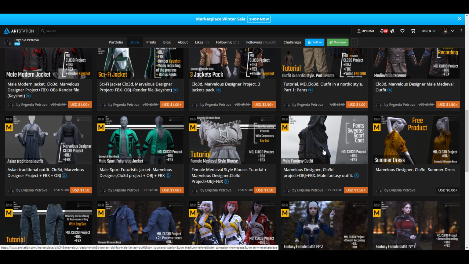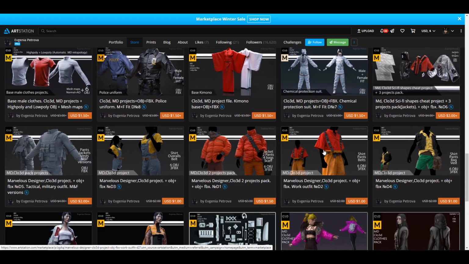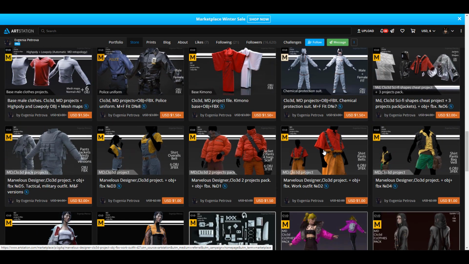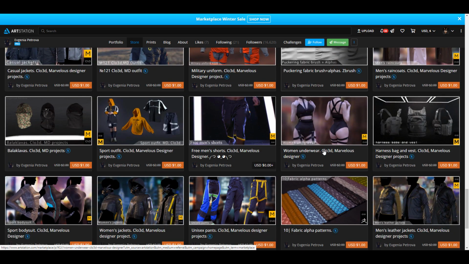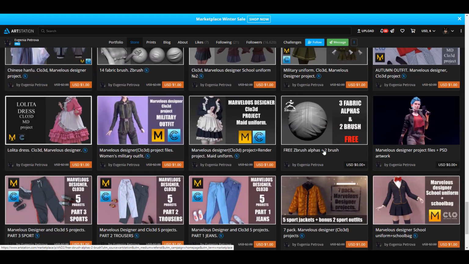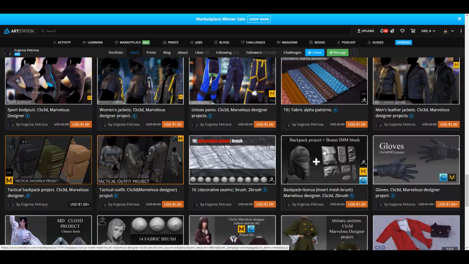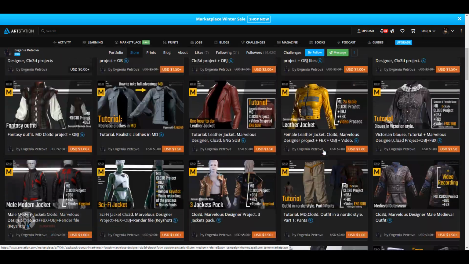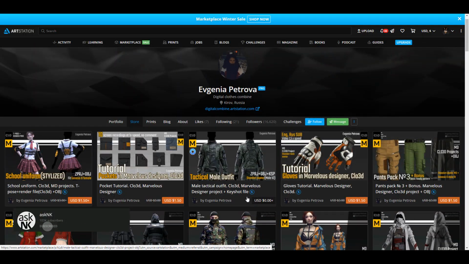Take a look at this. This is very nice, and they are all having a discount right now. So normally these are supposed to be like $2, but she's giving all of them out for $1. And you can see these things. They're very nice, and that testifies to how much quality you're going to be getting for the free stuff that she's giving out right now. So you can get that file for free.